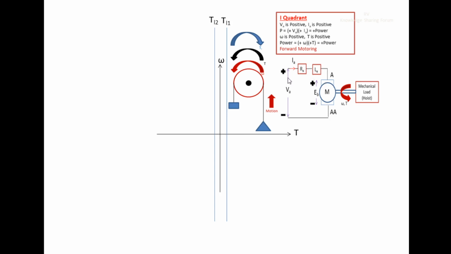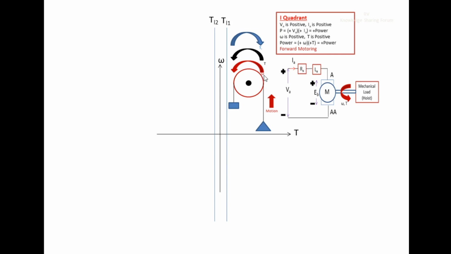And here power flows from source to the load. See here, this is the source, and the power is flowing from source to the load. This is called motoring mode. So whenever the power flows from source to the load, the motoring operation happens, because here this motor is driving the load, or in other words this motor is providing the mechanical energy in terms of torque in order to move this mechanical load, the loaded cage, in the upward direction. It is called motoring mode.